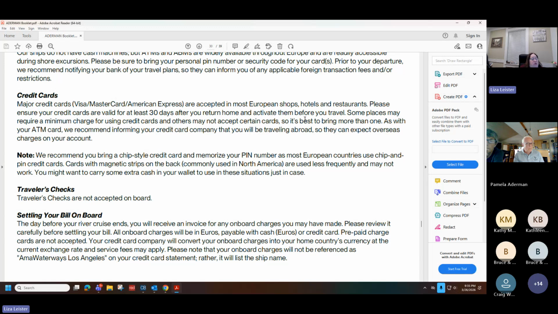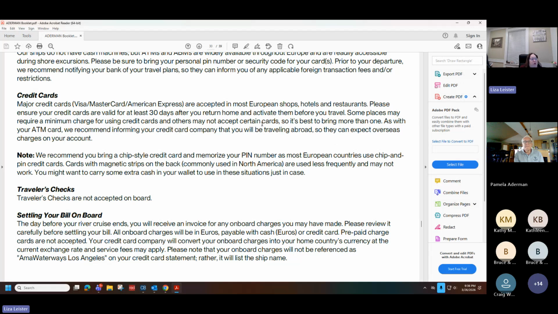Please make sure, if your credit card company requires it, that you let them know you're leaving the country, so again, they don't block the card. I know some don't require it anymore, but some do. Also, make sure that your credit card company does not charge any foreign transaction fees. A lot of companies, when they're charging your card in euros, could charge you an extra 2 to 4% on those charges.